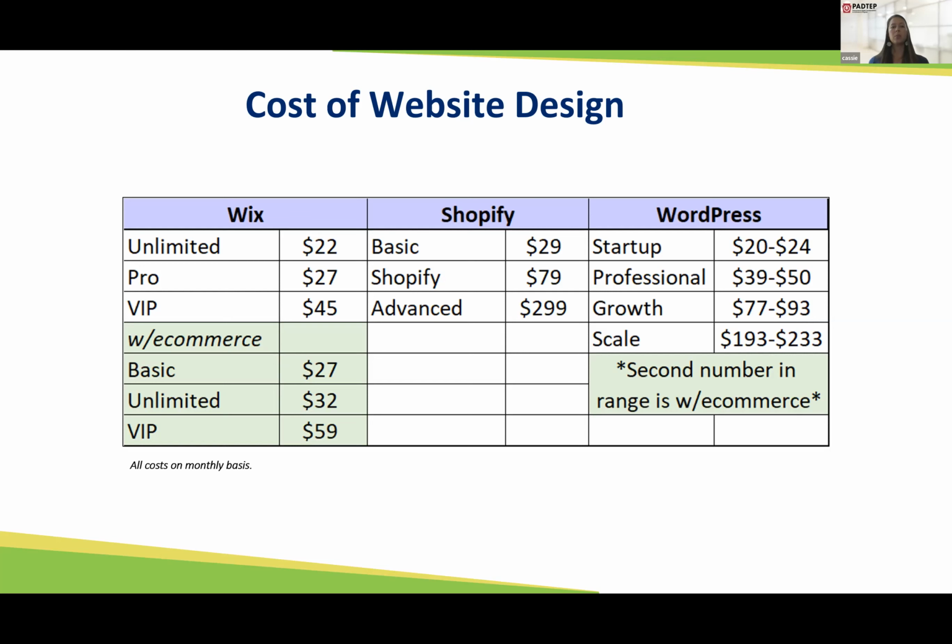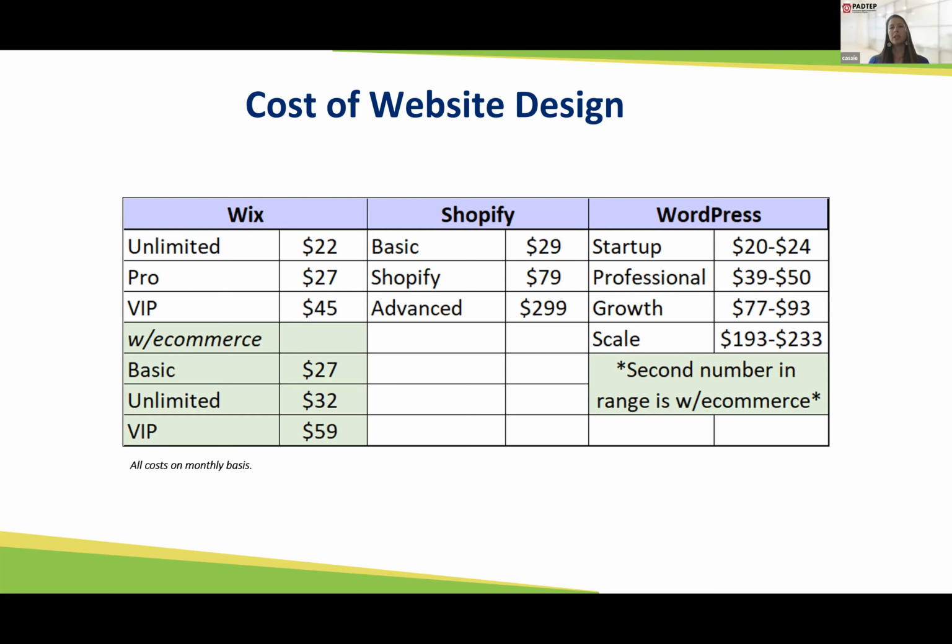Most of these will help walk you through how to set up a website. So, for example, Wix and Shopify are pretty easy to set up on your own. They help walk you through this process. Now, WordPress is a little more complicated. That one, you do want to have someone knowledgeable in WordPress, or maybe a little knowledgeable with coding, because that one in particular can be a little more complicated. But most of the others you can set up because they do have step-by-step guides to setting this up.